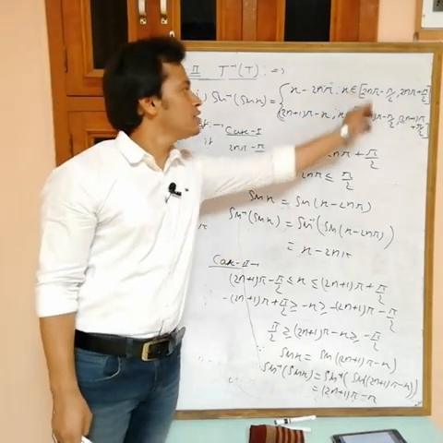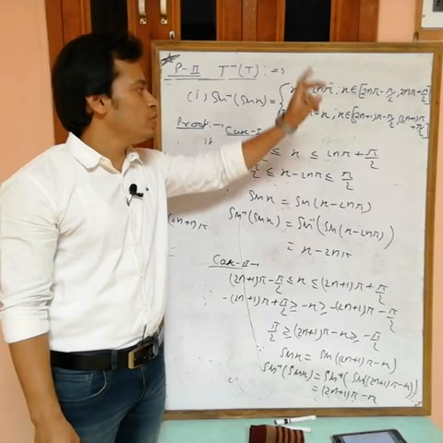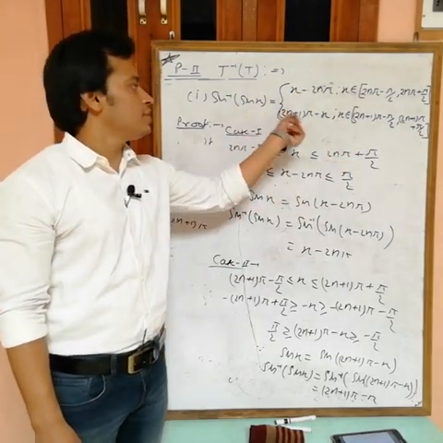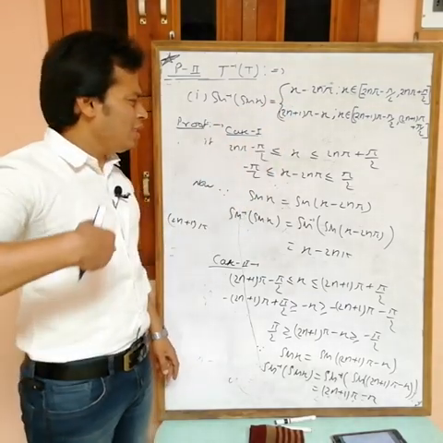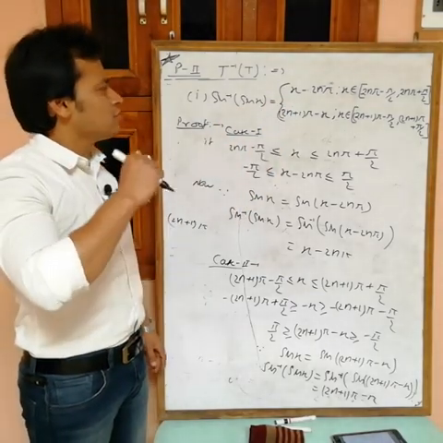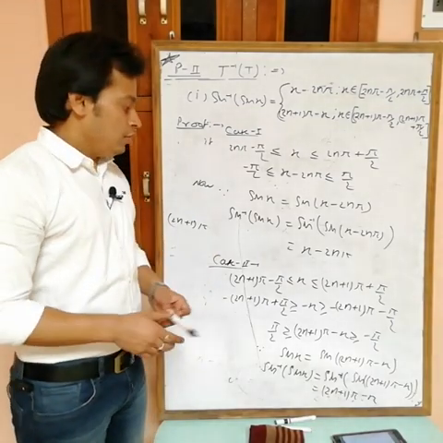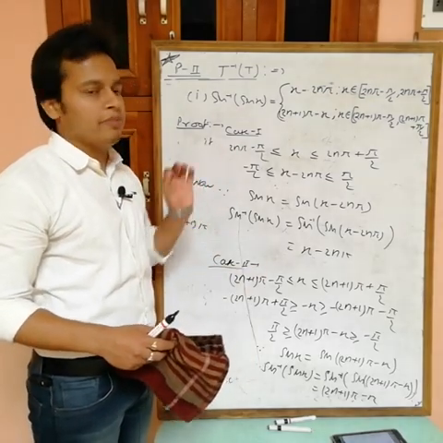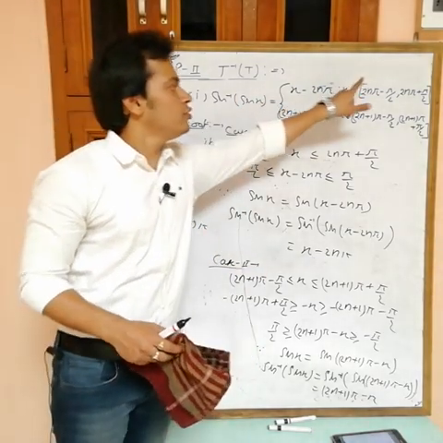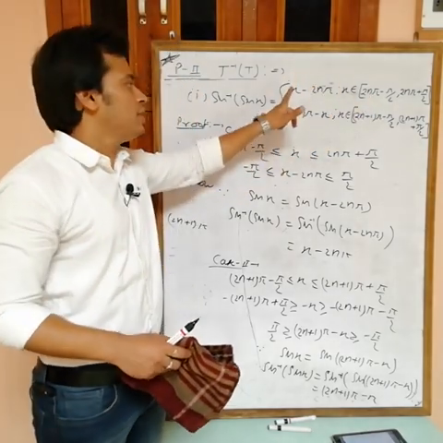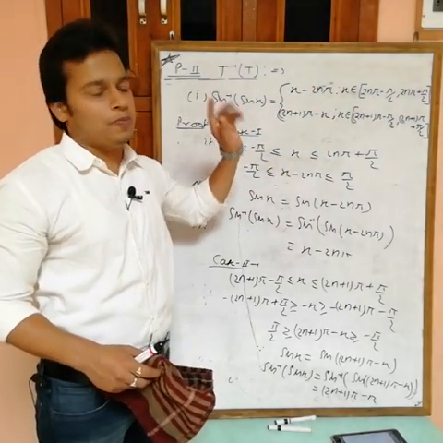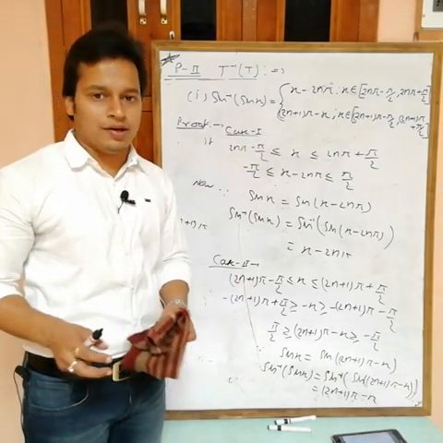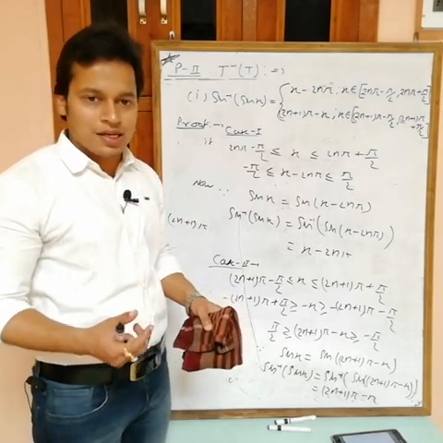If x lies in this range, then the value of sin inverse sin x is x minus 2n pi. If x lies in this interval, then the value of sin inverse sin x is equal to this one. Similarly, for every inverse trigonometric function we can prove this. But finally there is no need to remember this proof. Just remember the formula. When x is near an even multiple of pi, then the value of sin inverse sin x is x minus that even multiple of pi. If x is near an odd multiple of pi, then the formula is that odd multiple of pi minus x. After this one we will take some examples, then graphs.